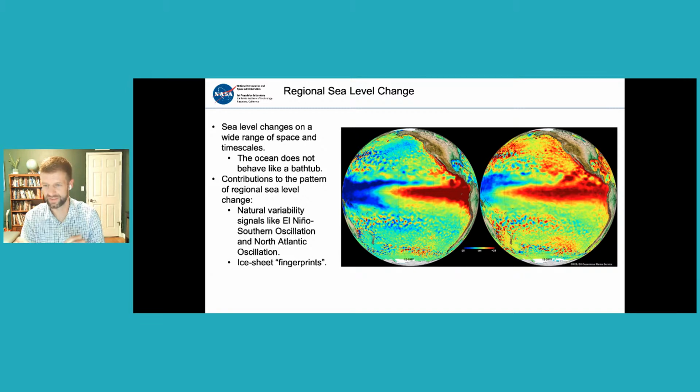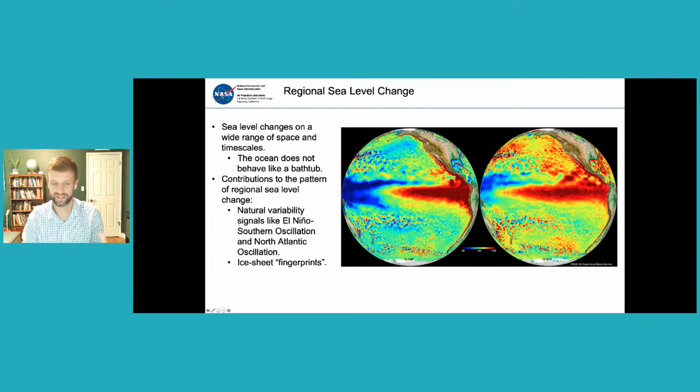And the reason why I'm pulling this out is that these signals are on the order of 25 centimeters, right? So these are very big signals, and they happen over the course of a year or two. So they go up 25 centimeters and then they come back down. It's a really short-term burst of sea level rise. But looking at the coast of California here, you can see this sea level increase propagates up through the coast of California and really impacts coastal areas. So these El Ninos actually are a big driver of coastal flooding along the US West Coast.